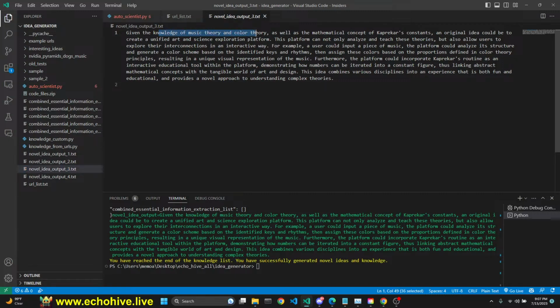Given the knowledge of music theory or color theory, as well as the mathematical concept of Kaprekar's constant. So this is interesting, right? I mean, Kaprekar's constant is not exactly related to music theory and color theory. An original idea could be to create a unified art and science exploration platform. This platform can not only analyze and teach those theories, but also allow users to explore their interconnectedness in an